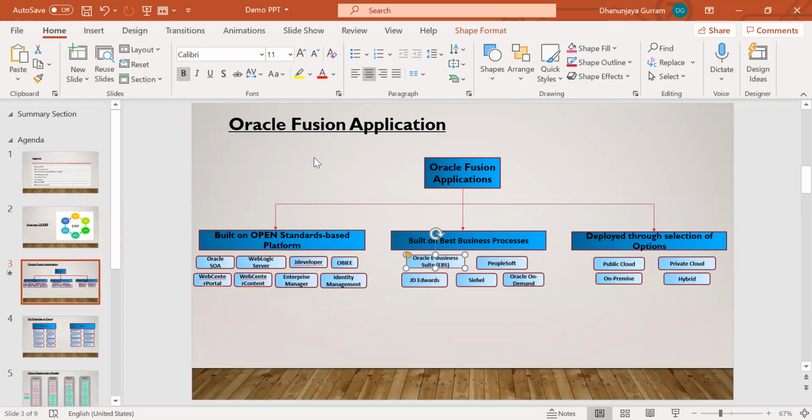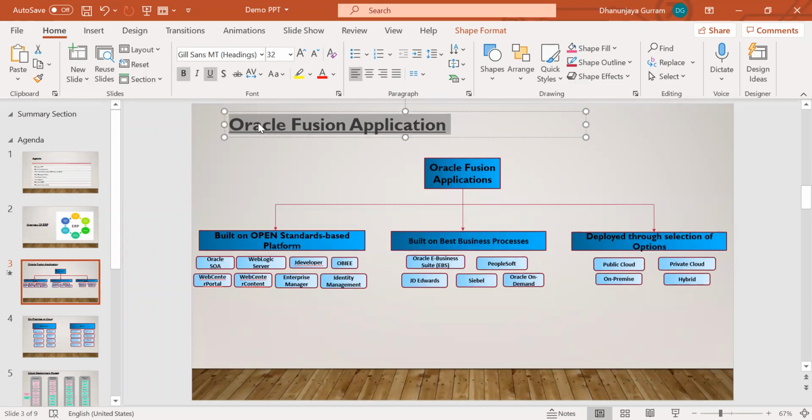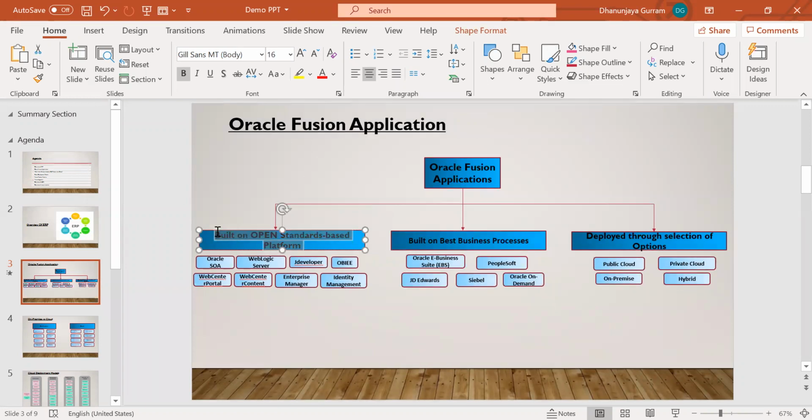Also, they have named it an Oracle Fusion application because they developed it by merging multiple projects based features. Okay, and if you see here, it is built on open standard based platforms, even though you might not be aware of these tools, but this Oracle application has been developed by using these